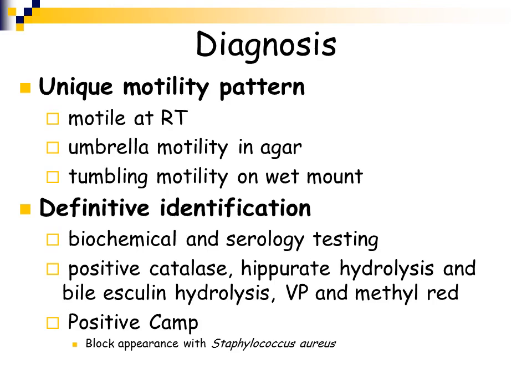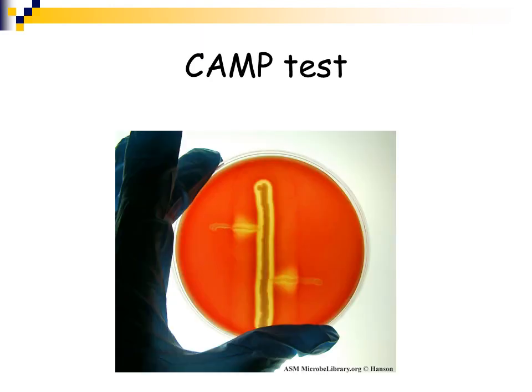Well, with Listeria, it's the same thing, but instead of generating enhanced hemolysis in an arrow shape, it forms enhanced hemolysis with a block shape. So there's a square of enhanced hemolysis at that perpendicular juncture between Listeria and your Staph aureus. So remember, there's your CAMP test. Traditionally, you have an arrow, but Listeria doesn't always make a nice arrow. It tends to just make a little